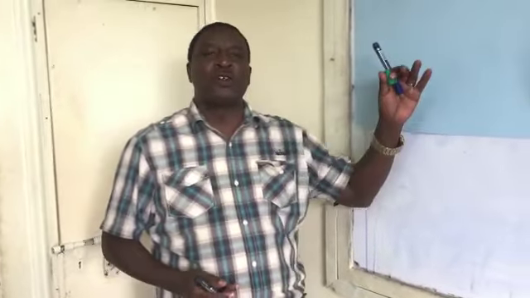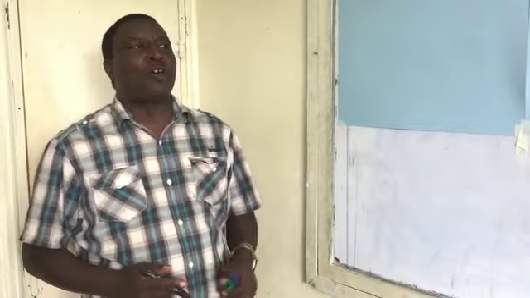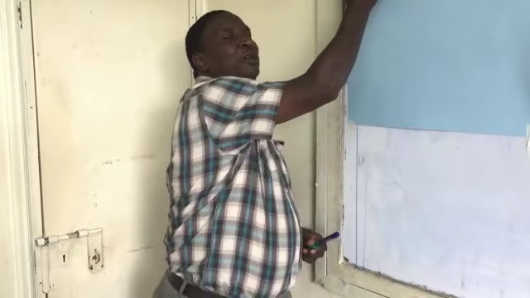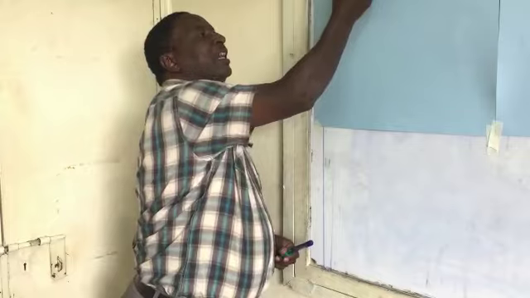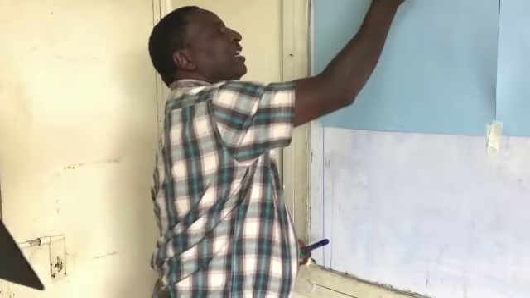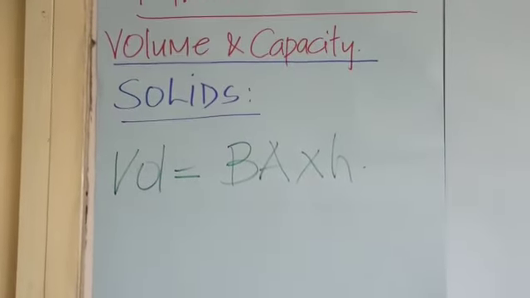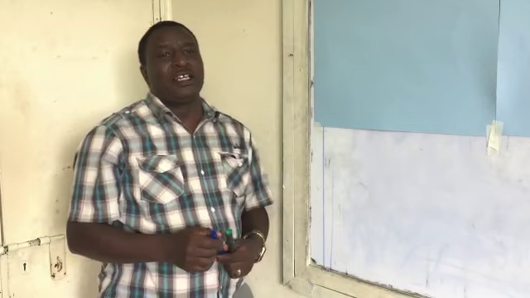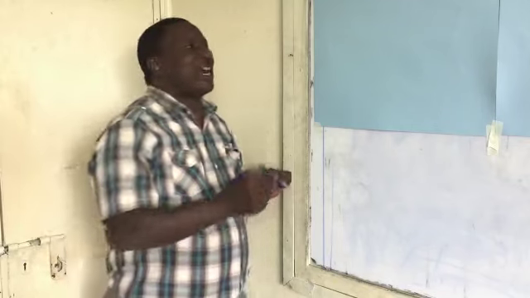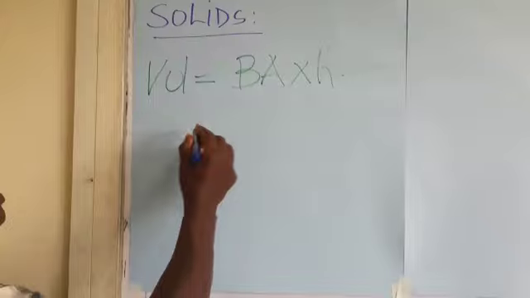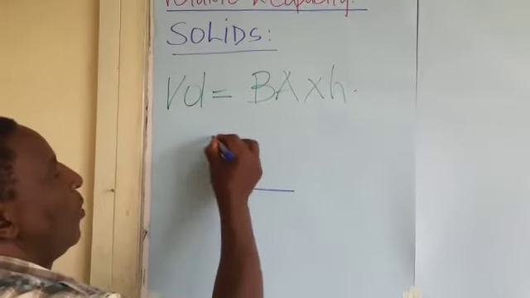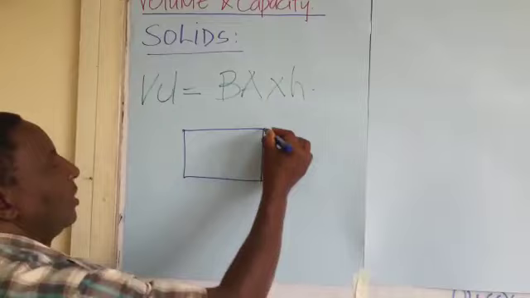Today, I want us to pick up from the past class, when we were introduced to the use of solids. But this time, I want us to emphasize the formula: volume is base area times height. I want to bring to the attention of all of us a rectangular object like a cube. When I have a cuboid, everything is